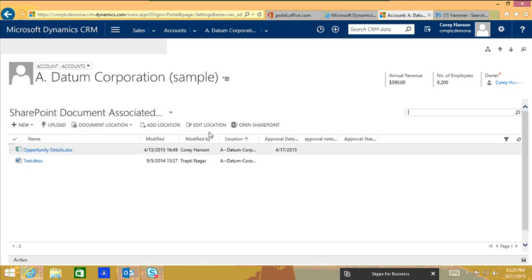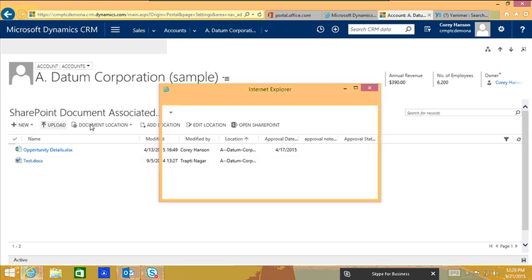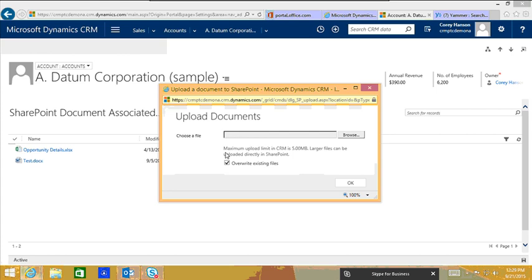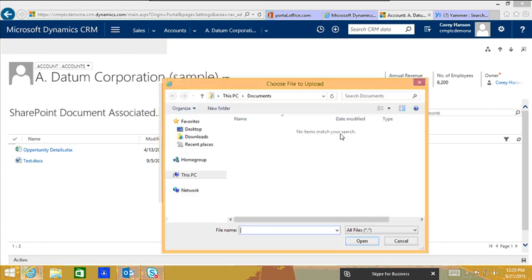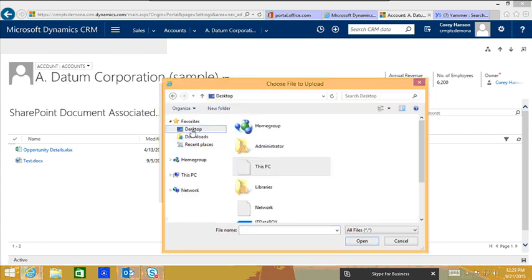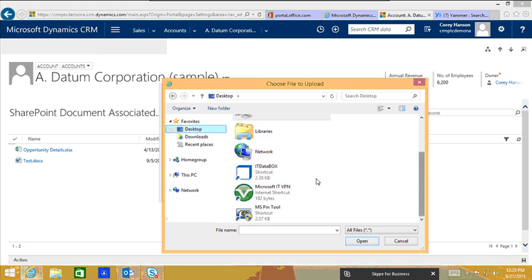Okay, so this one had already been out there before, so it already had created the folder. It already has a couple of documents on it. You can see here from just this quick view, it looks like these files are in Dynamics CRM. But actually, if I click on upload here, you'll notice it has that SharePoint upload look and feel. So I click on browse,